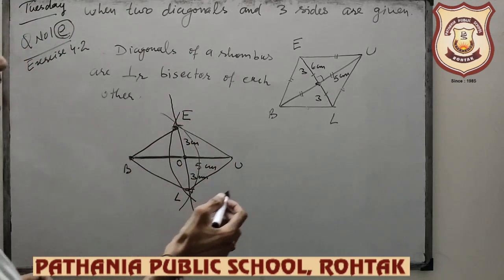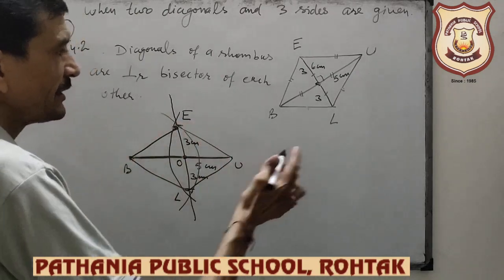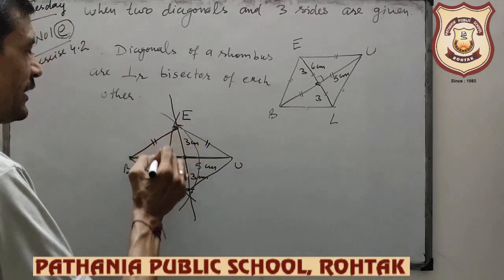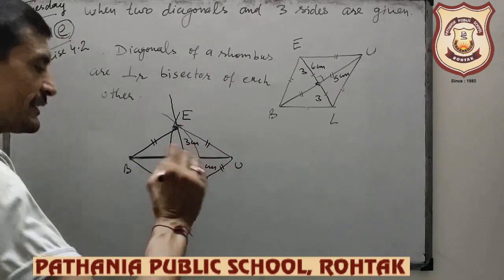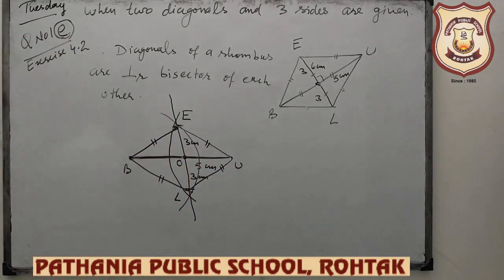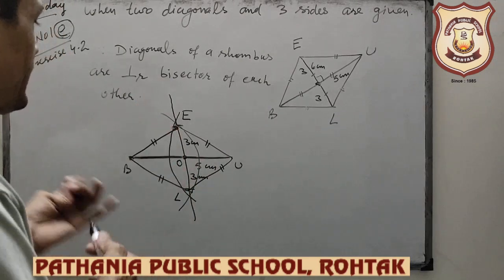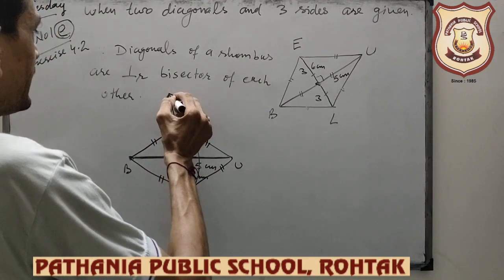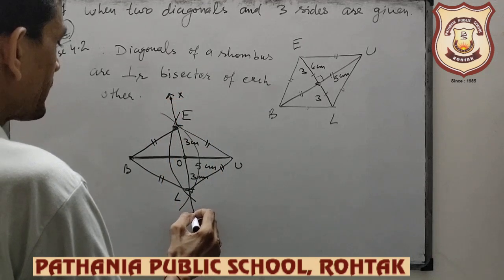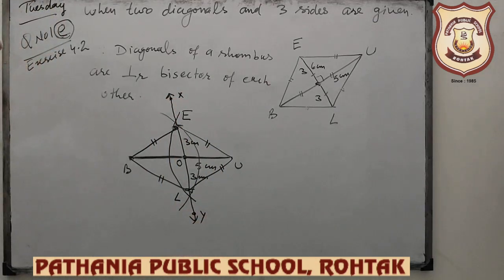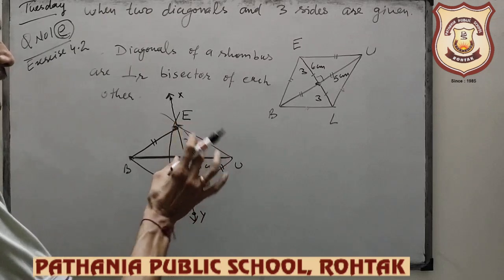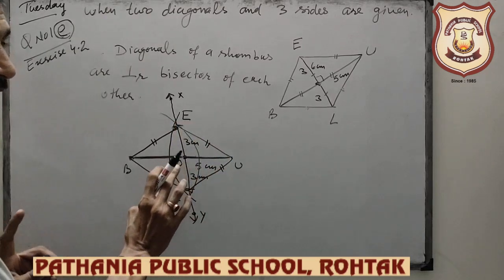This is the rhombus. Because we can make a rhombus like this also, beta, all sides are equal, no need of measurement of side. This is the required rhombus, and write the steps of construction inside. First draw a line segment BU of length 5 centimeter and draw the perpendicular bisector. Let the name of it be XY. Draw XY, the perpendicular bisector of BU, and now take, let O be the midpoint of BU.